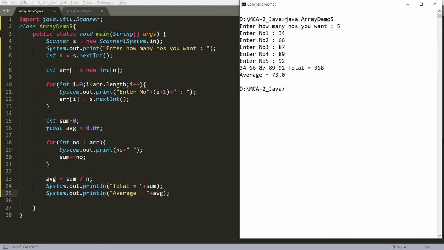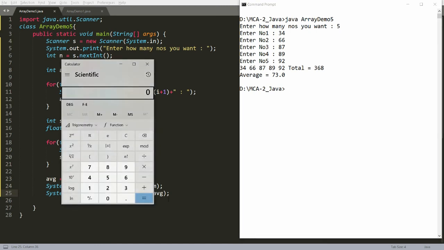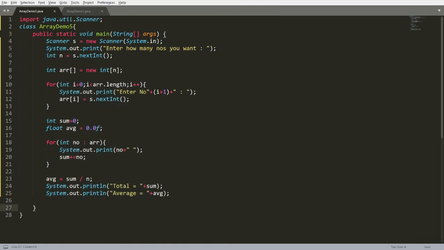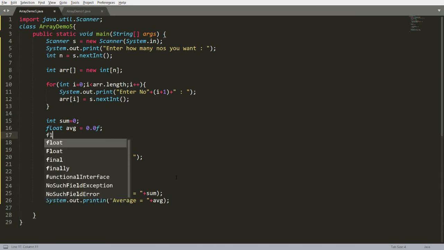See here, it says that 368 is the total and average is equal to 73. 368 divided by 5 should be 73.6. But it returns me 73.0. Why? Because my float variable will convert my integer into float if and only if either of the operand types is float, right? So how can we manage this? It is very simple. Here you can write float